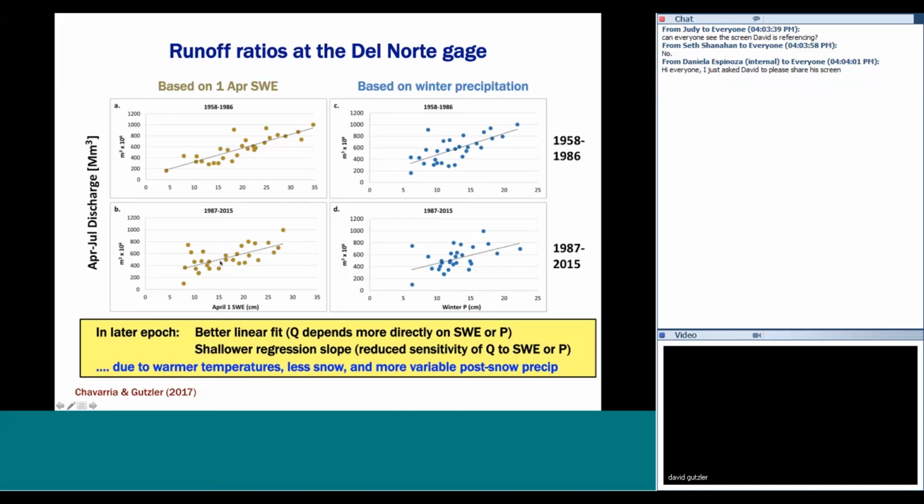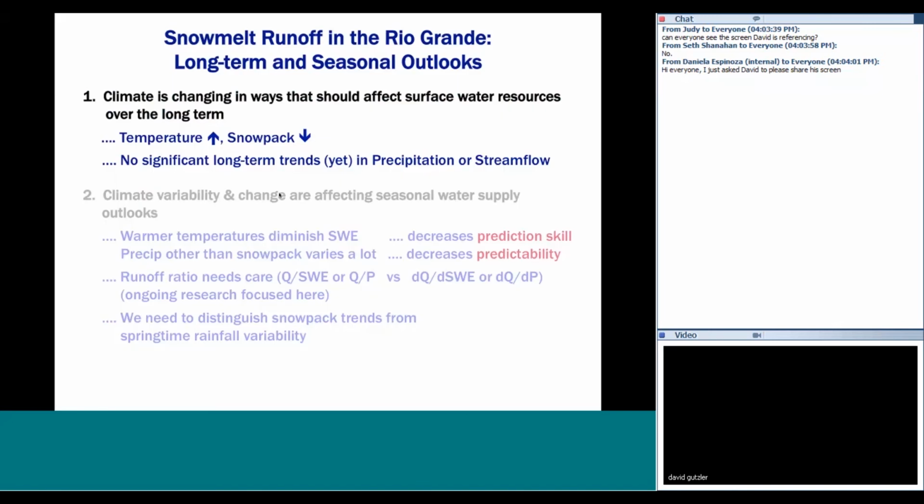And so the sensitivity of our forecast is getting worse. I could make pretty much the same argument using a more traditional runoff ratio based on winter precipitation. So I would say that the effects of warmer temperatures exhibited by these runoff ratios is already being seen in our attempts to make year-to-year forecasts based on snowpack. So to wrap things up,